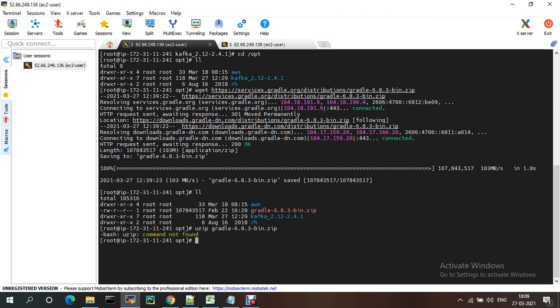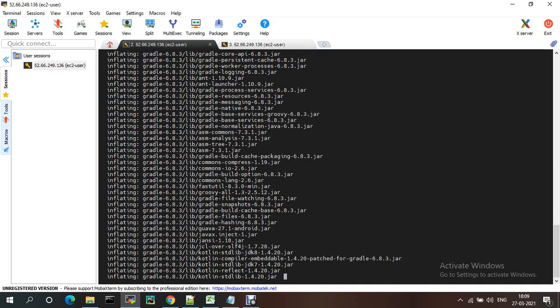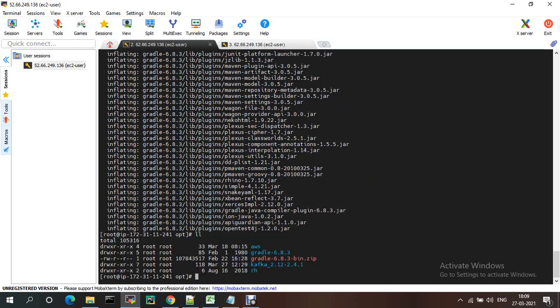Sorry, unzip is not right, you just need to install. Sorry, that is the unzip spelling. Unzip Gradle, it will extract the files. Now I'm removing this Gradle zip file.